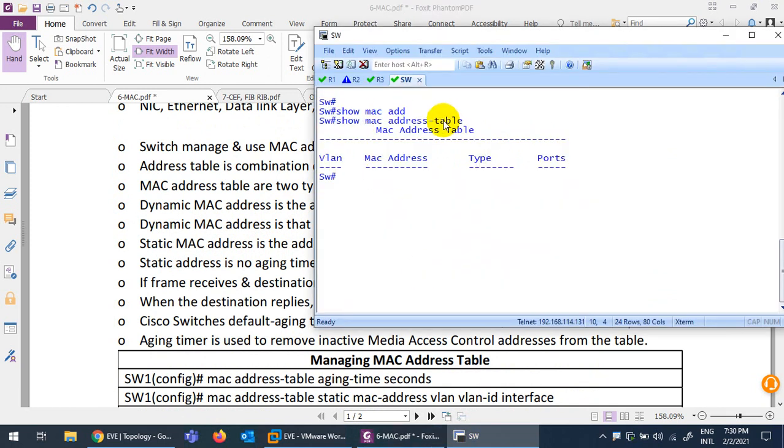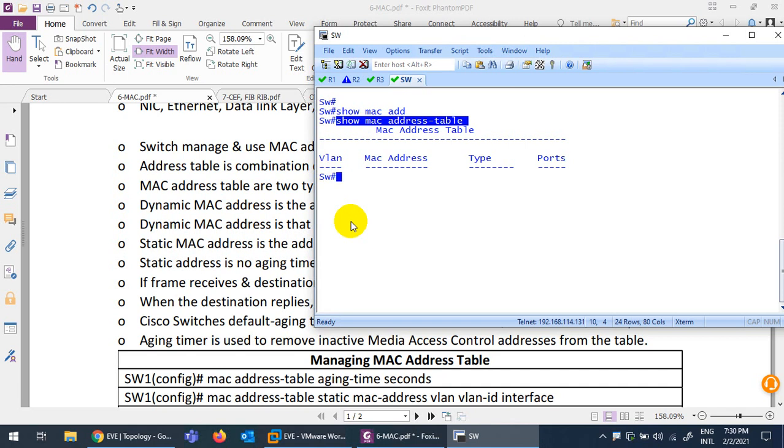Basically this MAC address table is a chip. Yesterday I told you that a switch is just like a laptop inside. If you open a switch, you will find a small chip inside which keeps the record of MAC addresses, and that chip we call the MAC address table.